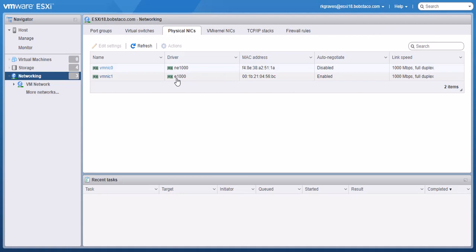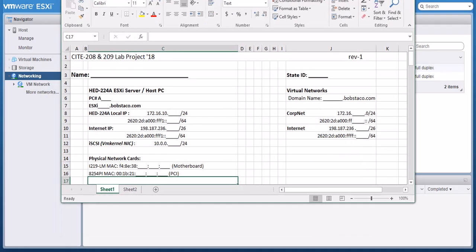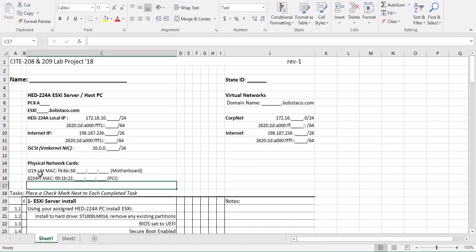My point is this: the only thing that's consistent if you're trying to identify your network cards is the MAC addresses. That's really the only rock solid way to know which network card you're working with. So in our handout, we've got a reference to that, that all of the motherboard based NICs, built into the motherboard, the MAC address starts with 54. Let me circle this for you. The MAC address starts with